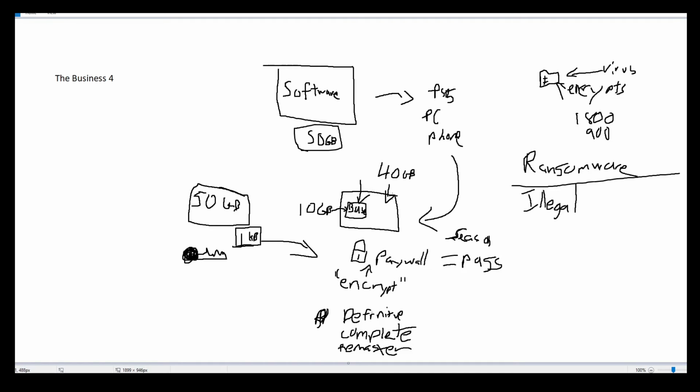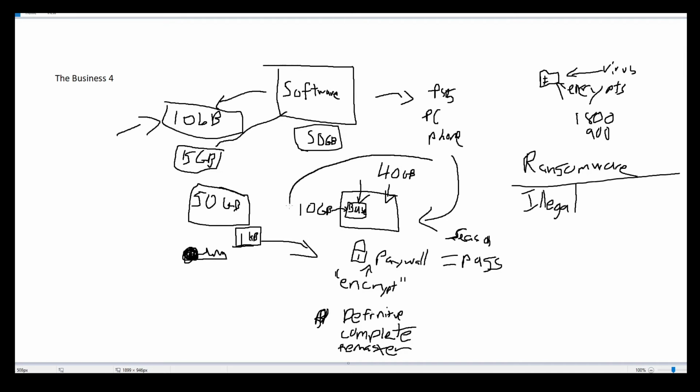It's stupid. It's like when video game companies put the whole DLC and all the extras into the update file, and then they still force you to pay for it extra. I'm not talking about software where you pay for 10 gigs and you get full access to the 10 gigs, and then if you want to download the extras, the DLC add-ons, it adds another 15 gigs. That's legit. That's an expansion pack. It adds value. It's not on your hard drive, and you pay money for it. That is normal. This model is not normal.